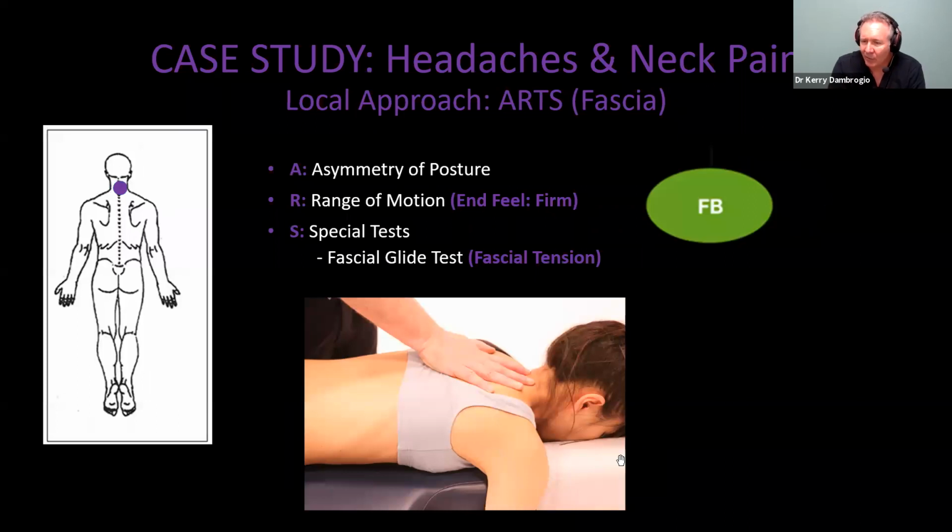How do I know it's a fascial problem in the neck? Well, again, doing my screening examination, everything was found locally. When I performed ARTS, there was asymmetry in the neck. We did range of motion, there was limitation, and there was a bit of a firm end feel. The key finding was fascial glide. That was restricted. There was a little bit of tenderness, maybe a little joint involvement, but this was the key